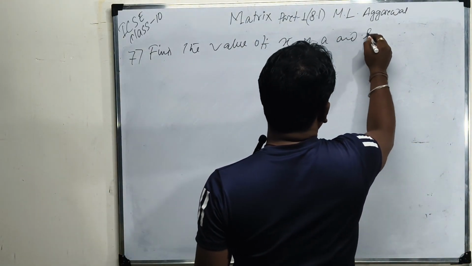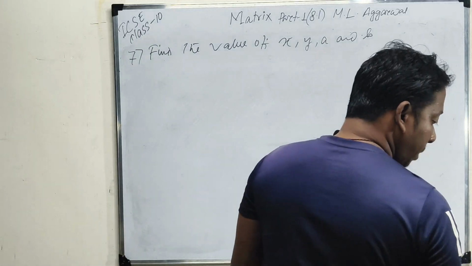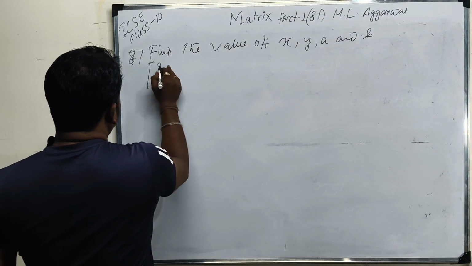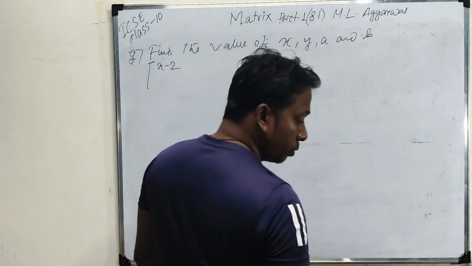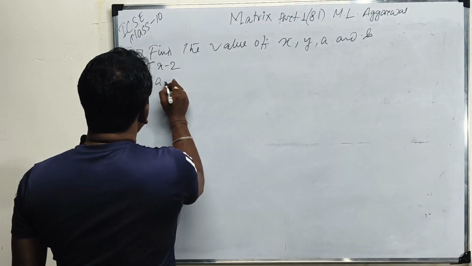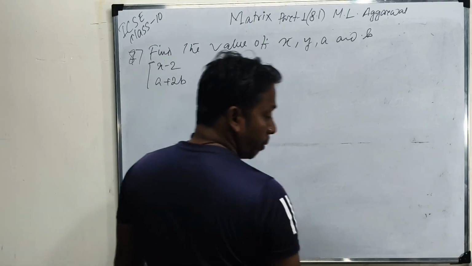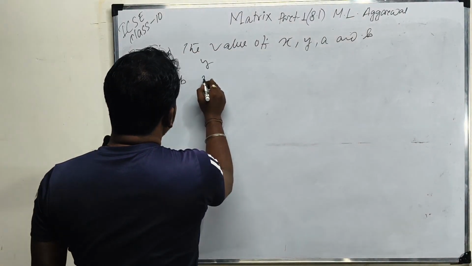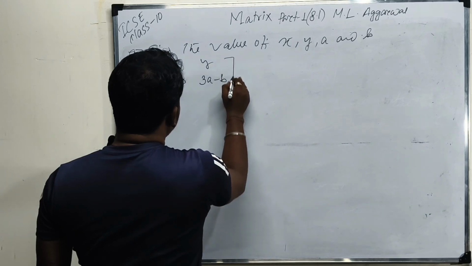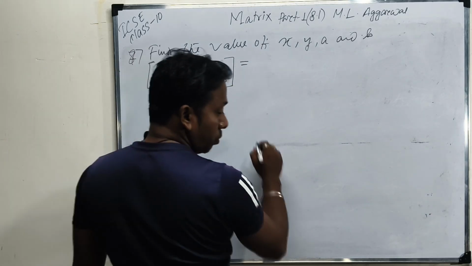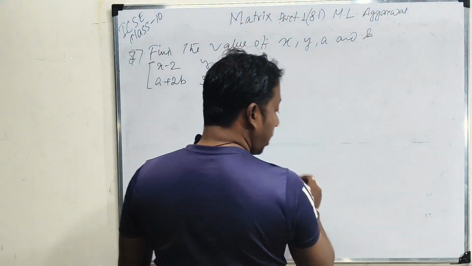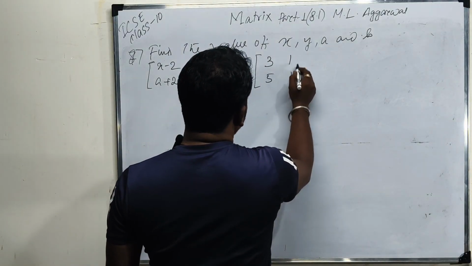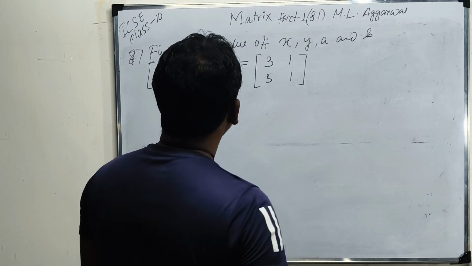The question is the matrix [x - 2, a + 2b; y, 3a - b] is equal to [3, 5; 1, 1]. Okay, so